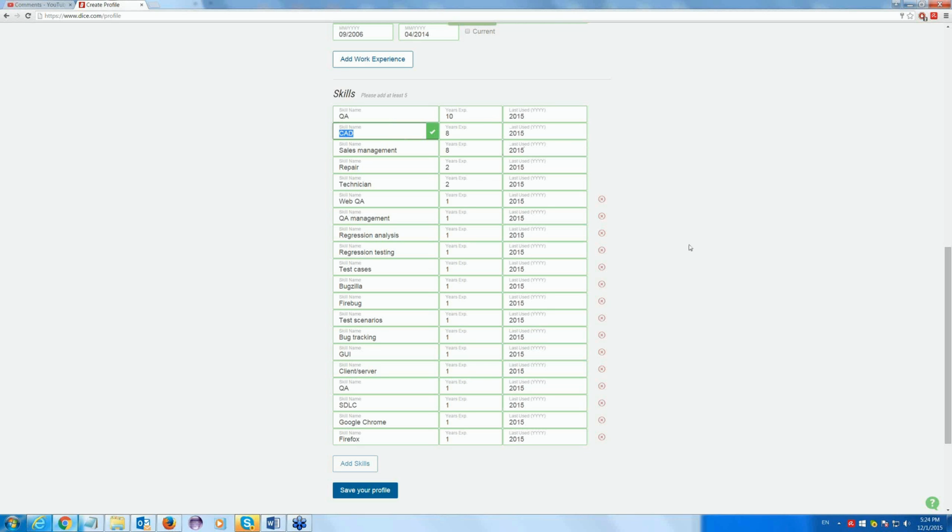QA, then test, you remember, QA, test. Then we have web, and I'm saying 10. And I'm not having any specific relationship to what happened and for how much time. I'm just trying to make sure I will be found by recruiters no matter what. QA test web,